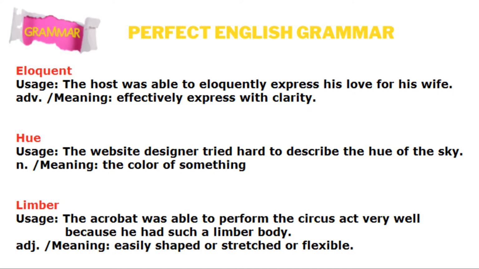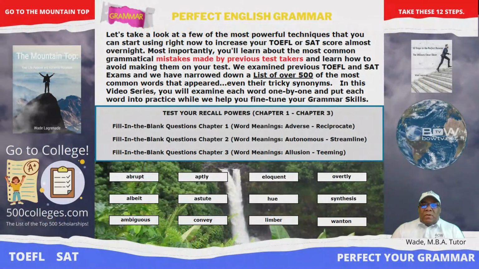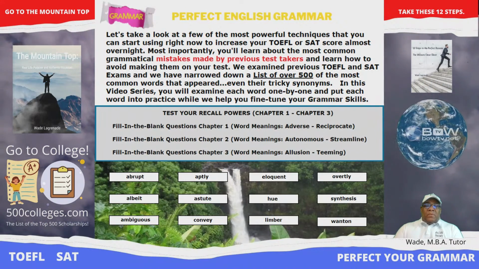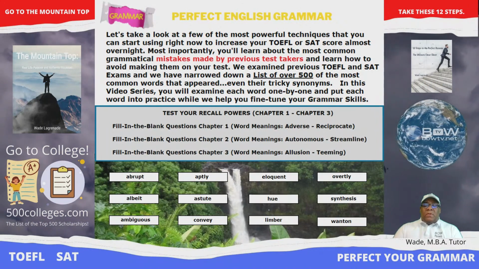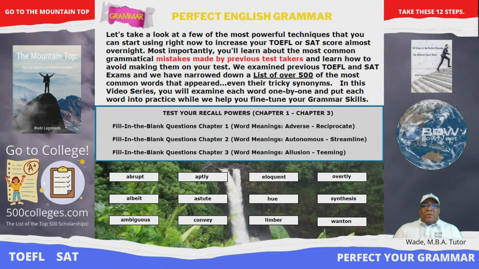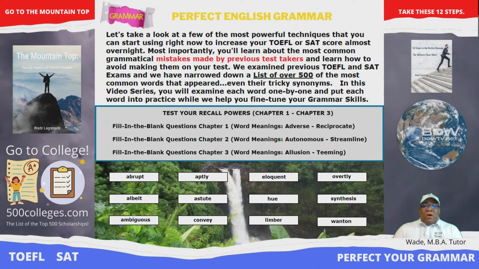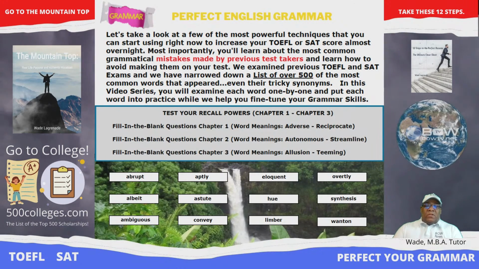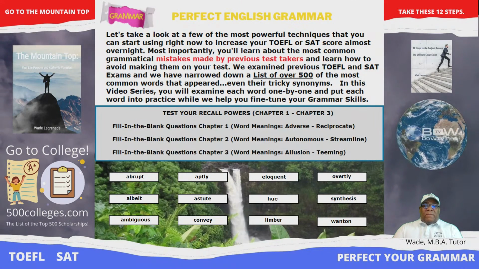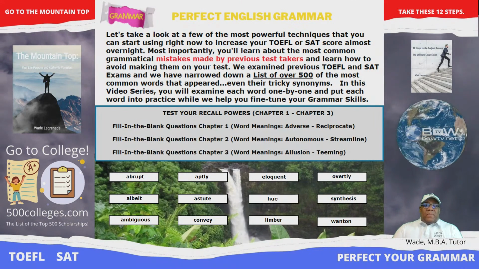So please keep in mind that as we create more and more shuffle cards as you go through each chapter, you'll be able to keep these cards with you and constantly reference them, which will increase your ability to recall the meaning of the word. Each word is going to be very important as we approach our list of 500 words that commonly appear on the TOEFL and SAT.